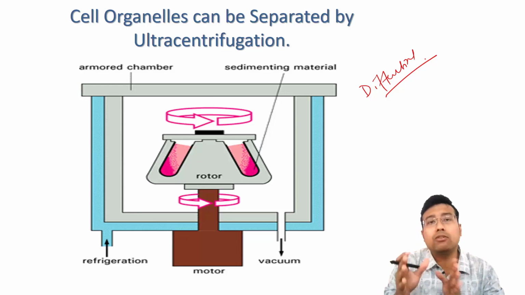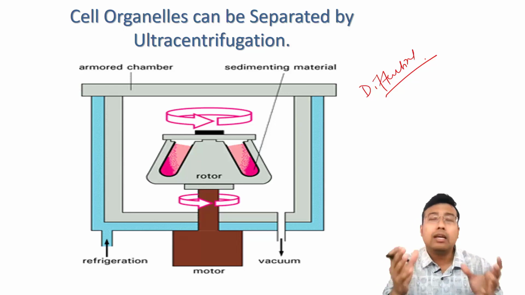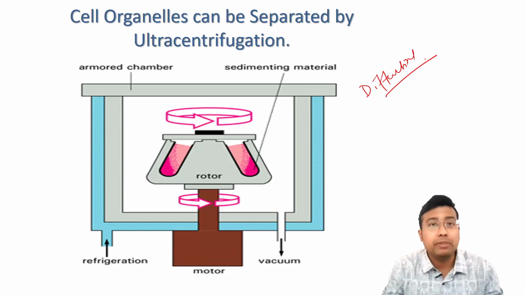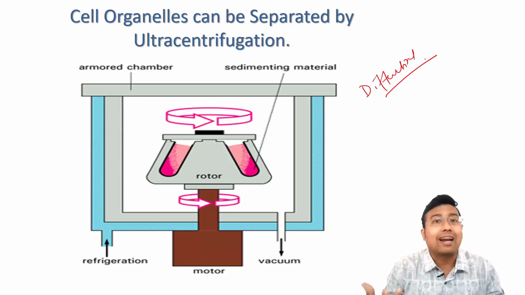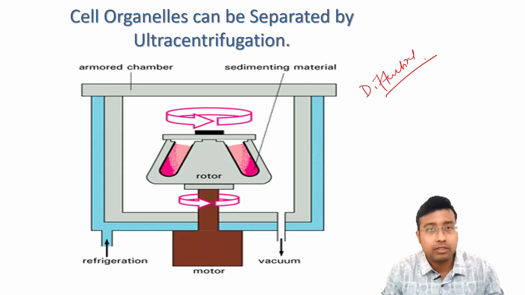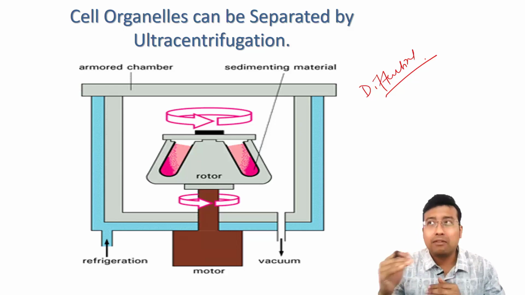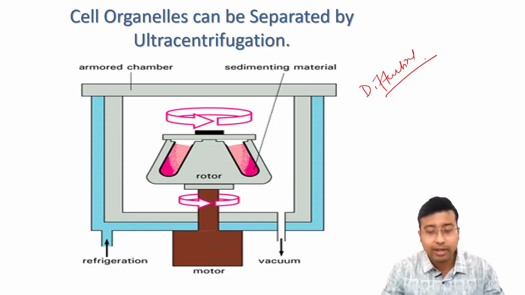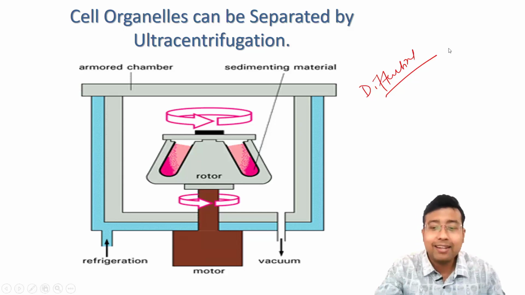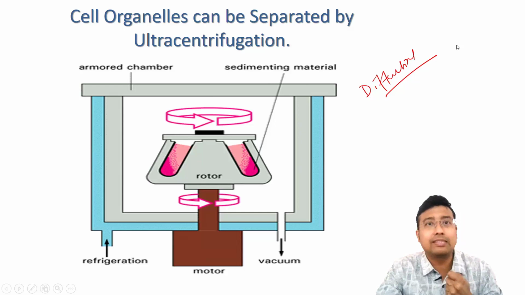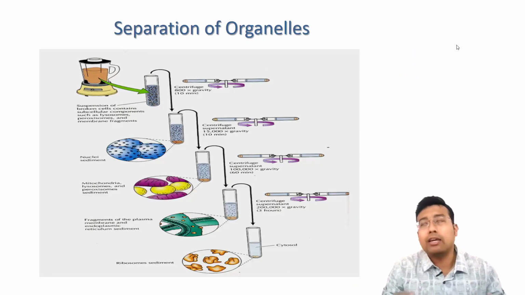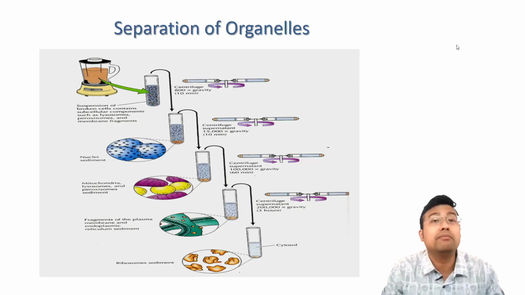What's the difference between a normal centrifuge and an ultracentrifuge? It's nothing but that the ultracentrifuge can spin at very high speeds, more than 1 lakh times g, that's acceleration due to gravity, whereas a normal centrifuge can cap out at speeds of 7,000 or 10,000 g. All right, very important. So this spins at a very high rate. It may not be clear from this diagram.